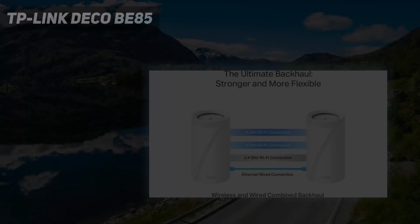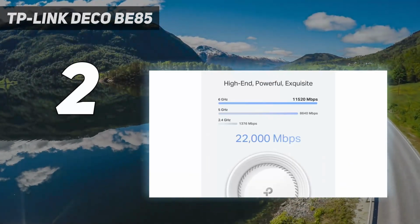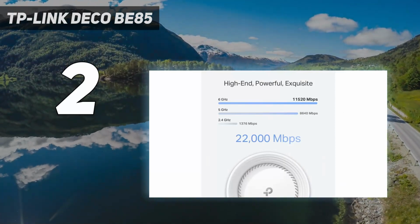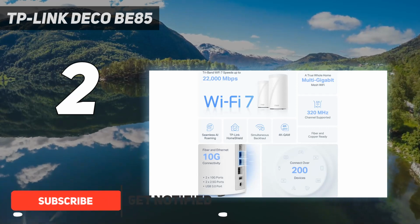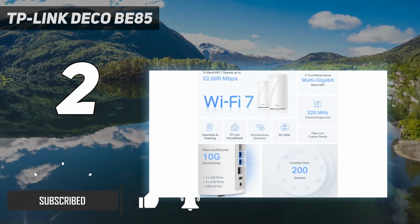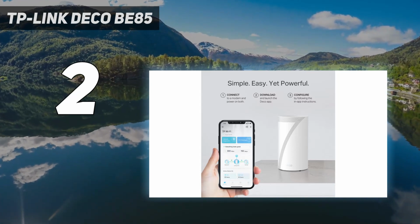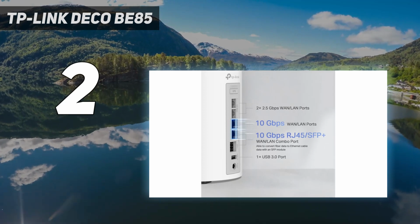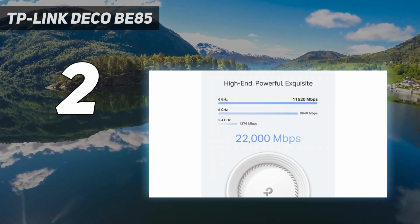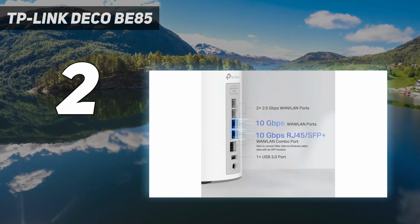Number 2 on my list. TP-Link Deco B85. The TP-Link Deco B85 is the first mesh Wi-Fi system with Wi-Fi 7 on board. This comes with a number of performance-enhancing features like the combination of ultra-wide 320 MHz data channels for 4K QAM and multi-link operation, MLO, which allows it to aggregate multiple data channels. All of these upgrades make the TP-Link Deco B85 the fastest mesh Wi-Fi system you can get right now, but